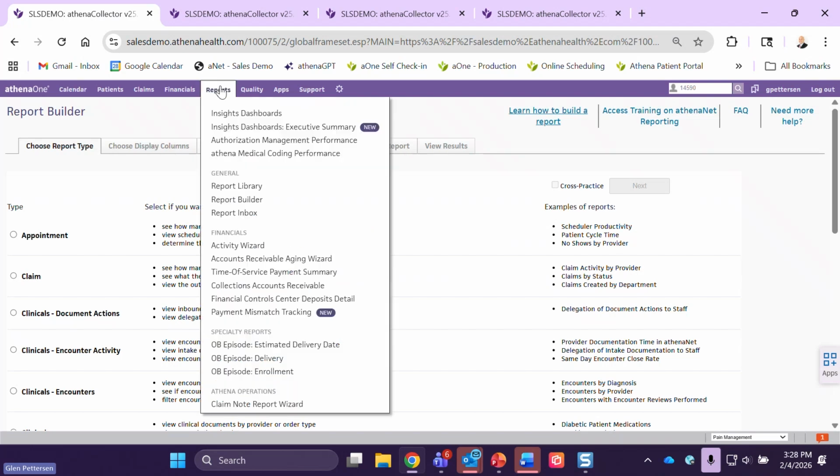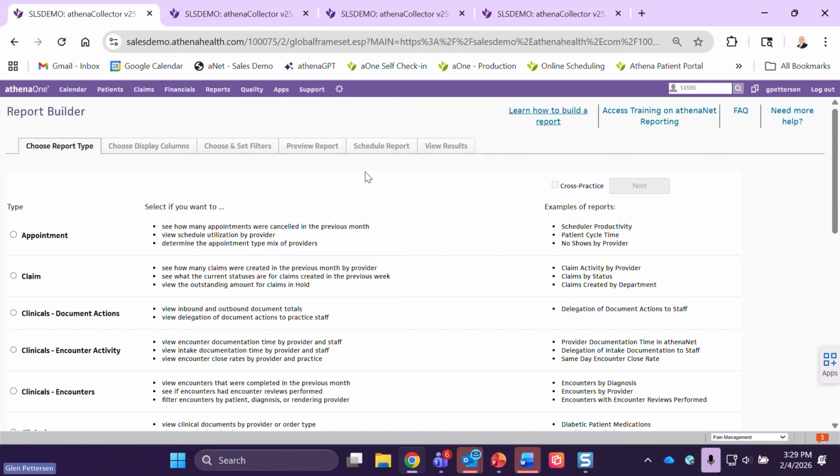and they drop into that report inbox. There are a whole host of different financial reports, from a payment mismatch tracking report, which you load in your contracted rates, run this on a daily, weekly, or monthly basis, I should say. And athenaOne will reveal to you any over or under payments against your contracted rates. There's an activity wizard, which is all things billing, charges, payments, write-offs, adjustments, collections,